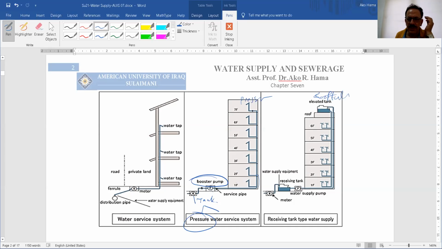Now, whenever you open the tap, there will be water with pressure. If you want to ask how long the booster pump will work, there is a pressure drop sensor. If you are using water here, there will be relief of the pressure inside the system. After it drops to a certain amount, which is not recommended to be less than this. For example, it's not recommended to have a pressure less than one bar.